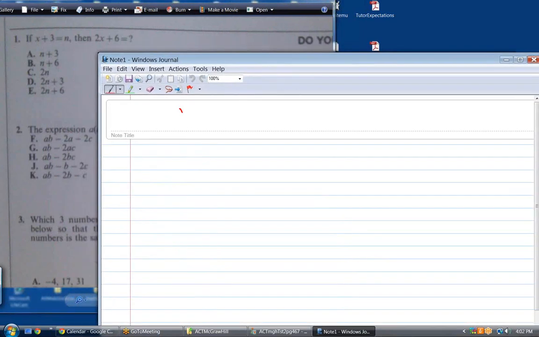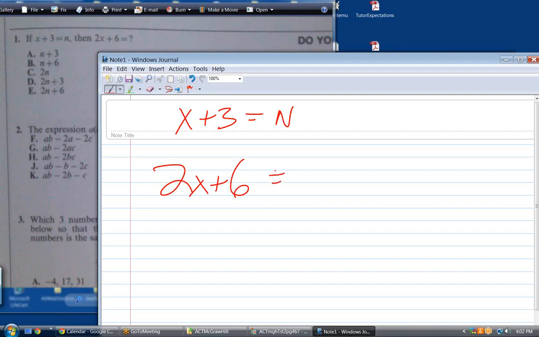Alright, so if x plus 3 equals n, then what does 2x plus 6 equal? Wouldn't it be 2n? Yeah, and you did it the method that's the quickest, which is to recognize that this is twice this, as opposed to doing it the more difficult way, which would be, well, x equals n minus 3, and then if I substitute that in, like that,